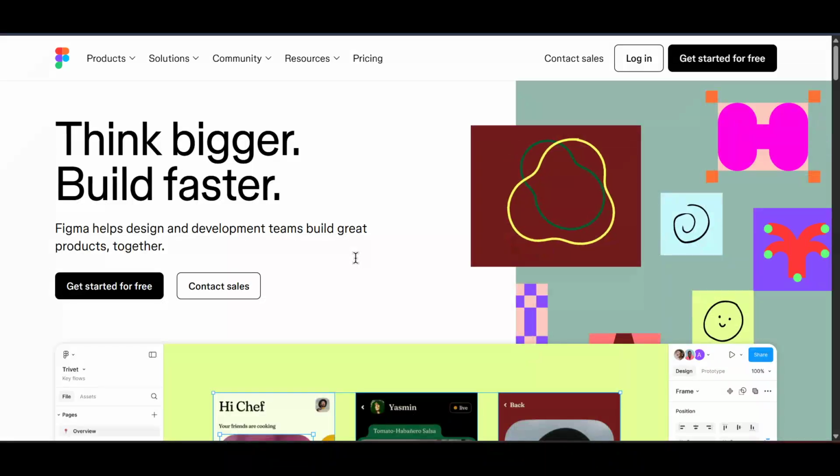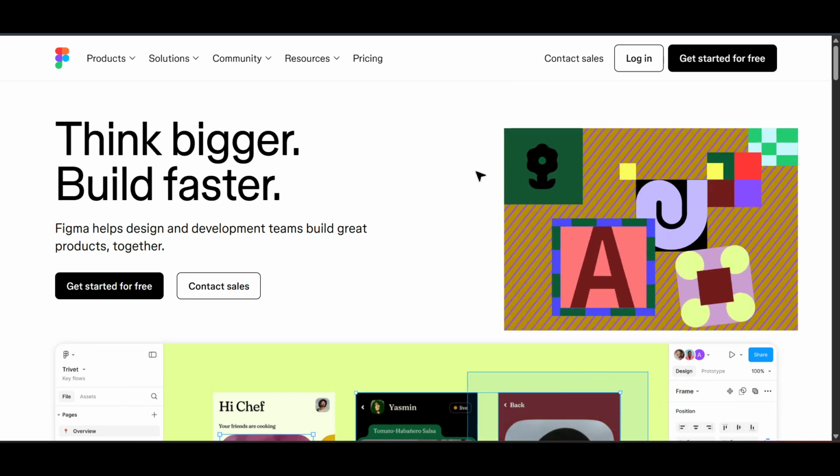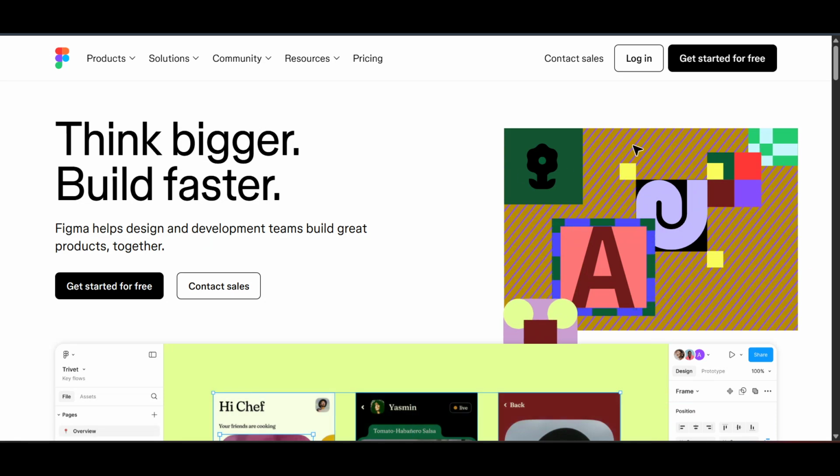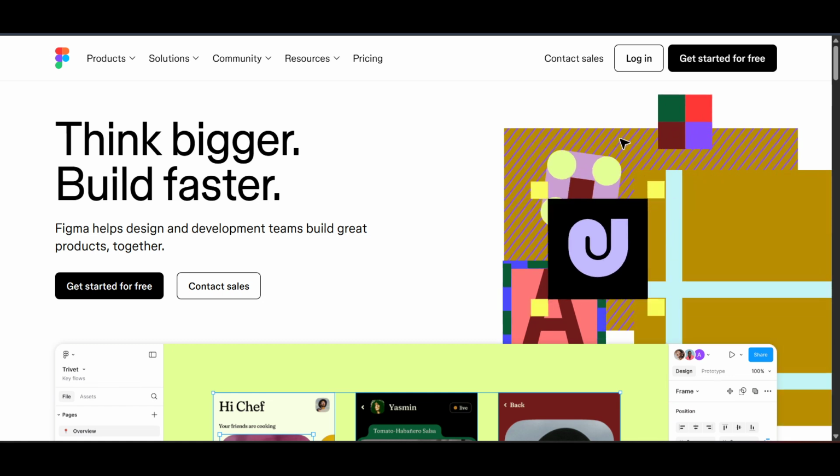In today's video, I'm going to teach you how to add a stroke to only one side of an object in Figma, a simple yet powerful feature that can enhance your designs substantially. Let's dive right in by opening up Figma, the collaborative interface design tool we all love for its versatility and